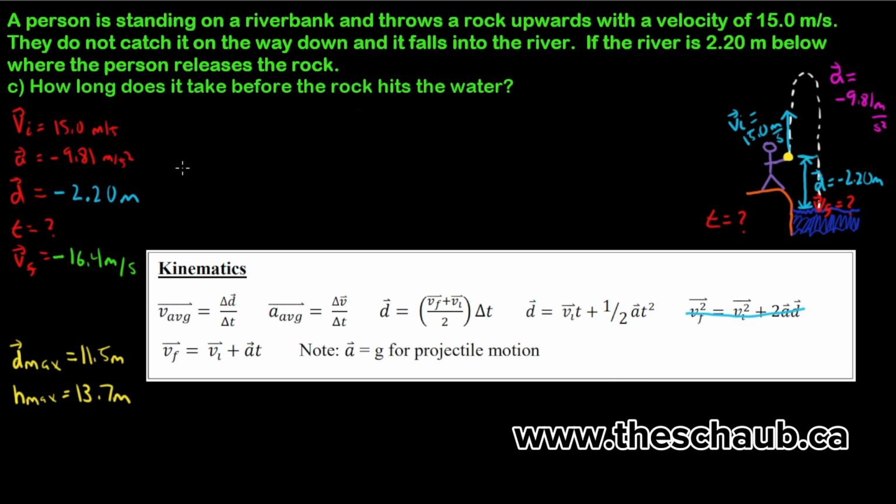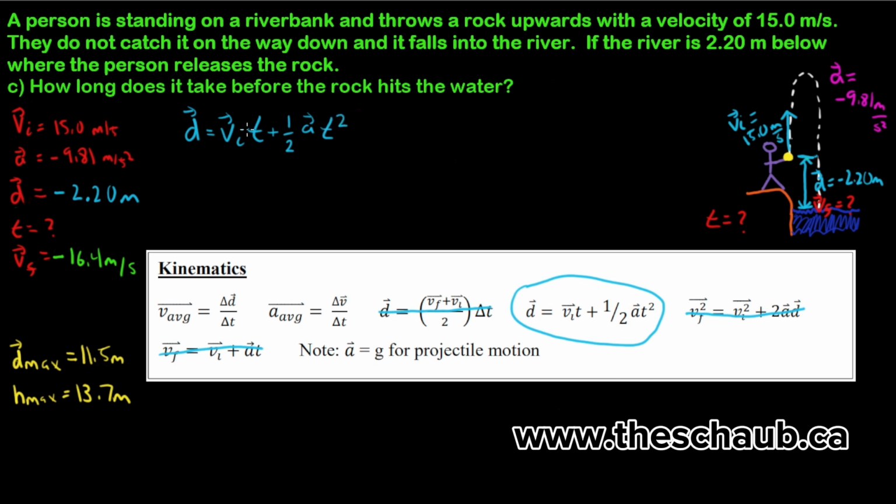And as you probably know, I don't like to use values that I've previously calculated in future calculations if I don't have to, because in case this has a mistake in it, that means I'm going to propagate my error through my next calculation. So if we're not using VF, that means we also can't use this equation and we can't use this equation. So it leaves us just this equation to solve for t. So let's write this at the top here. The displacement is equal to the velocity initial multiplied by the time plus 1/2 multiplied by the acceleration multiplied by